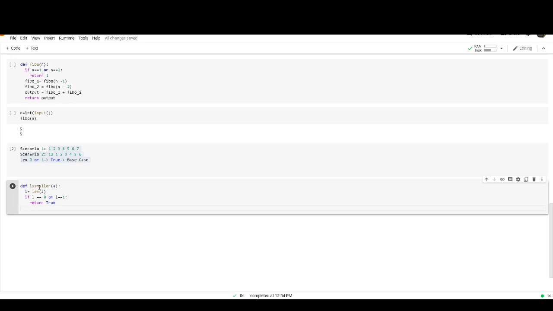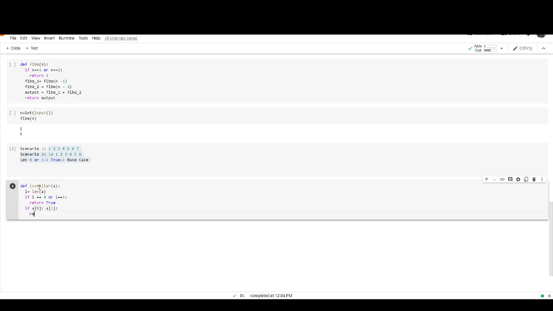The next statement uses a of 0 and a of 1. If a of 0 is greater than a of 1, then it should return false.